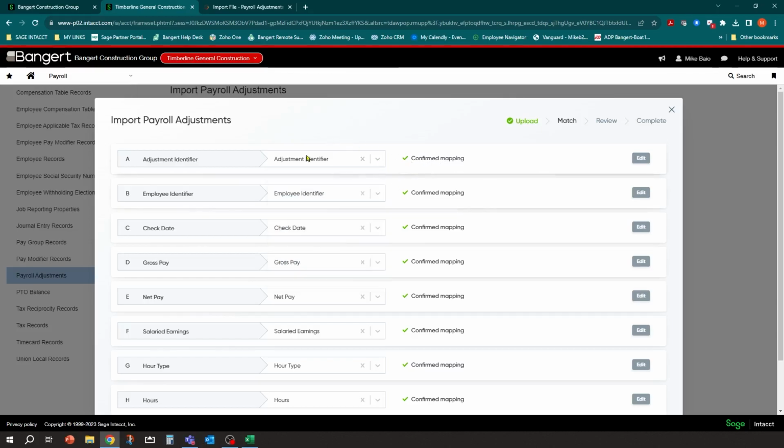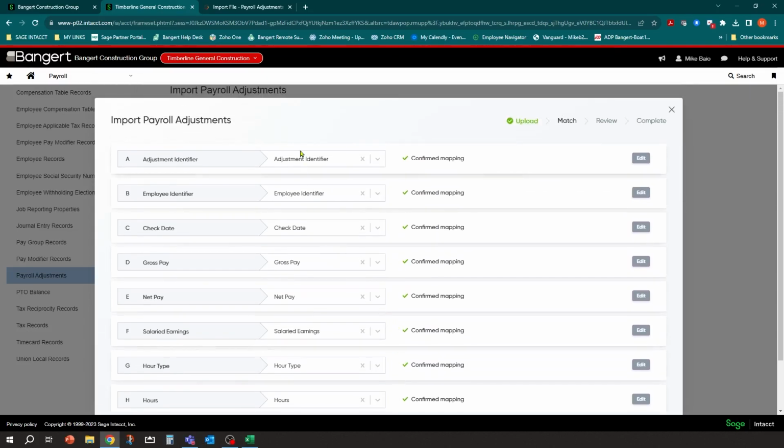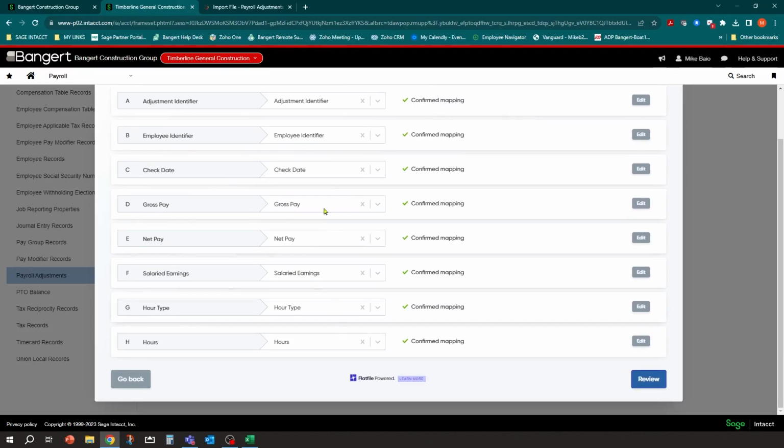And the system, once you do it the first time, will confirm the mapping and remember the import for the next time. Okay, so if you see here, my column headings, the nice thing about using the template is the column headings are identical. It maps them automatically for you. And all I need to do is click review and it'll go grab the data for me.